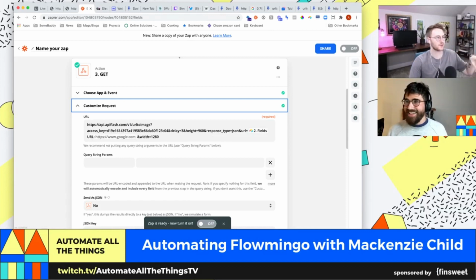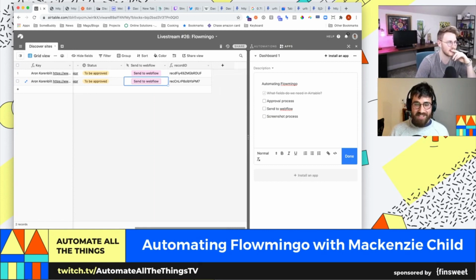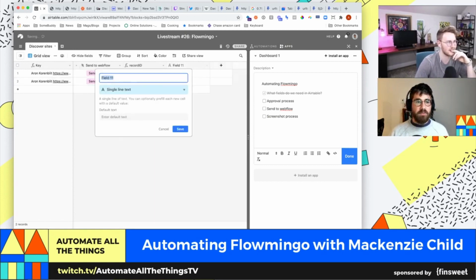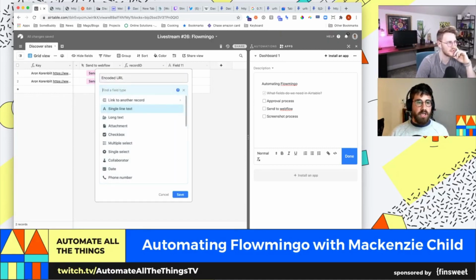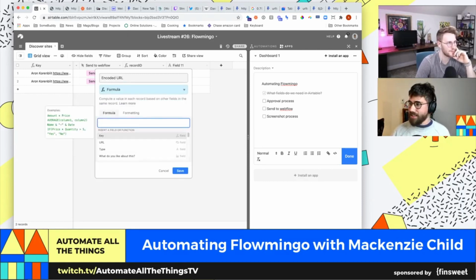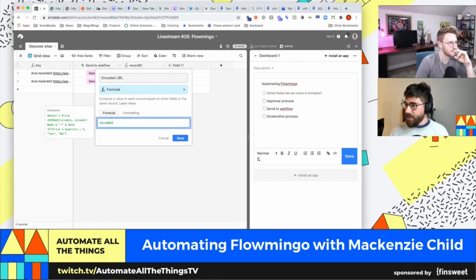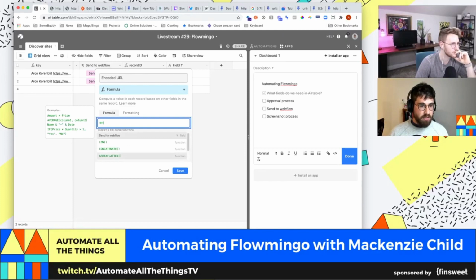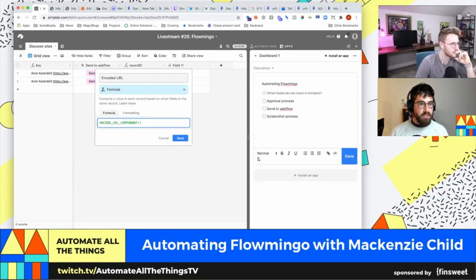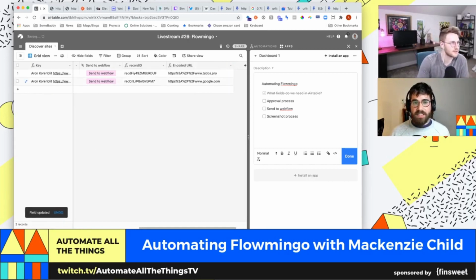Yeah, so walk us through what you would do if it failed. So if ever this fails, and I really hope it doesn't, you have this concept of encode URL. So what you can do here is, in your formula field, let's go encode URL component, and then put the URL there. And you see that it takes those / and changes them to